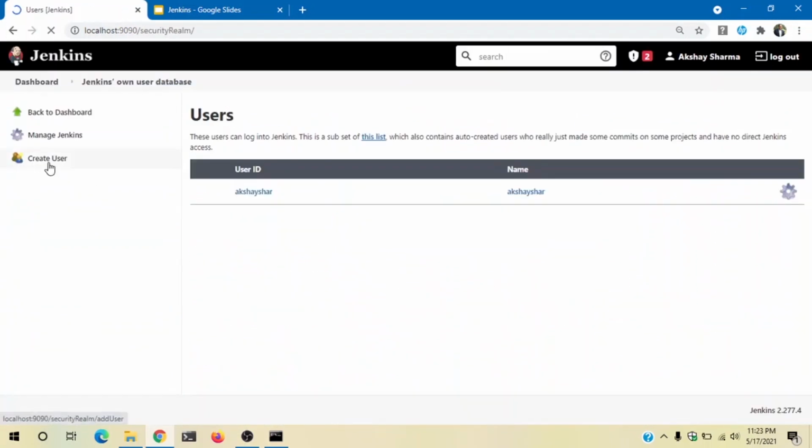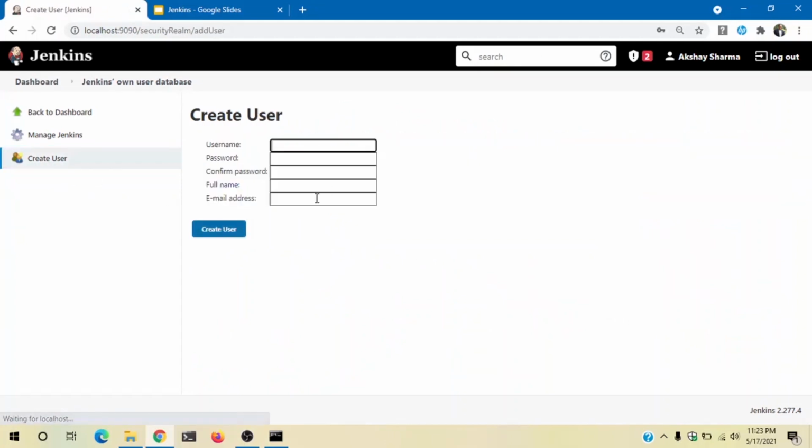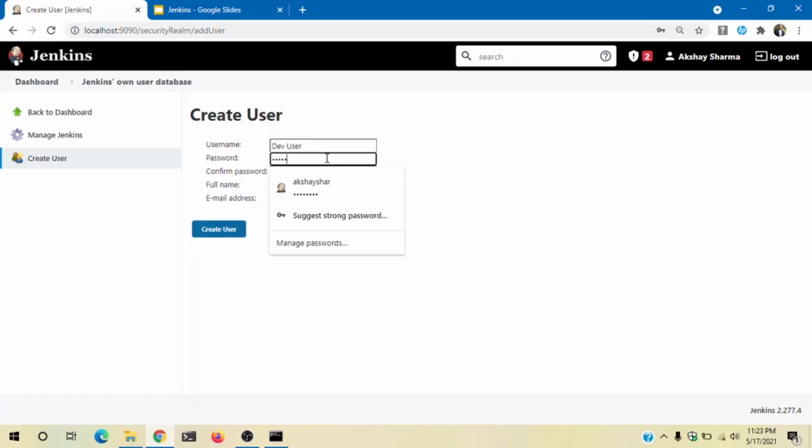Here you can see an option to create user. I'll create a user as dev user. I'll give it a password, enter confirm password. Username is dev user and the email is test@test.com.